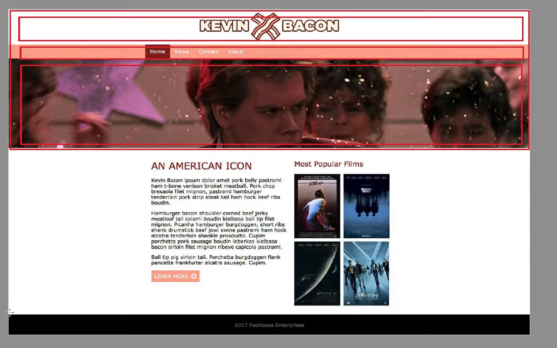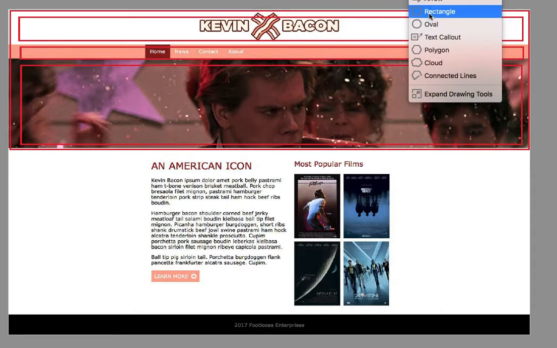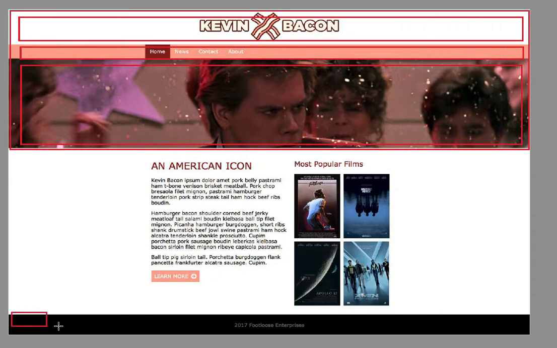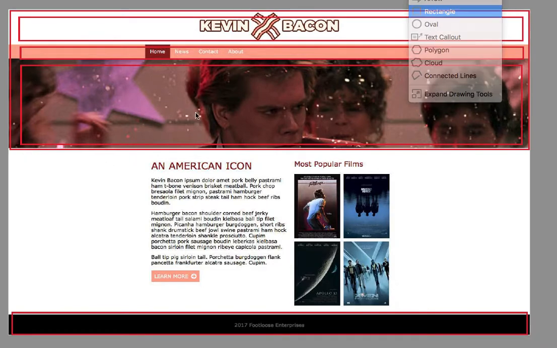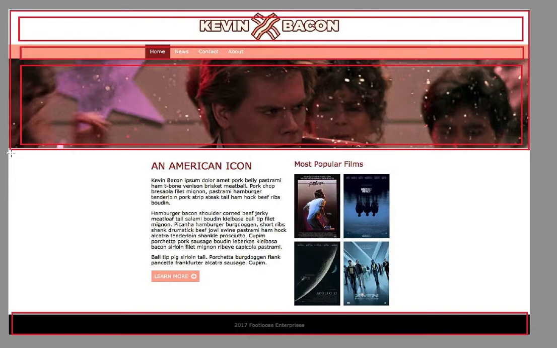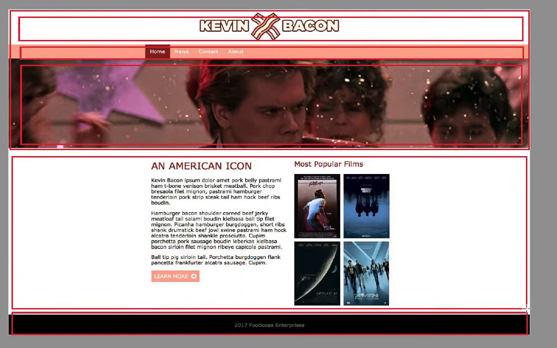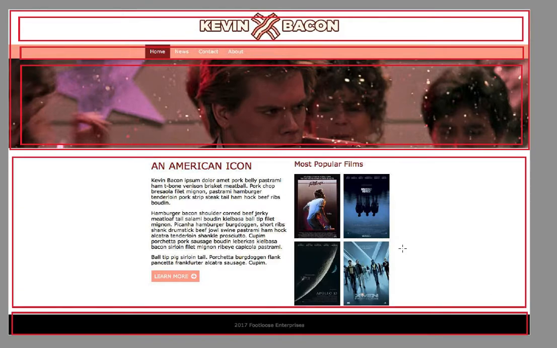There's a footer down here, which I'll draw a box around. So this is my footer. And then this area in the middle I would consider content. So I'll draw a box around it. You may remember from previous week that we were talking about div ID equals container. Div ID equals content is another common name for this area. And